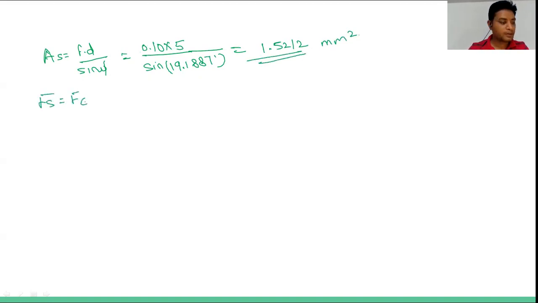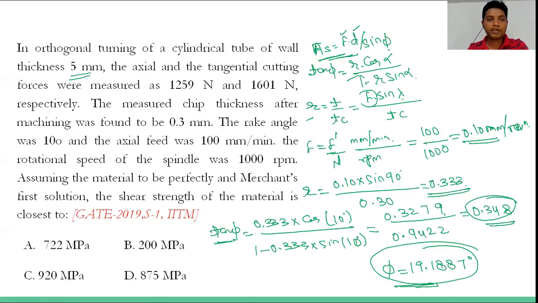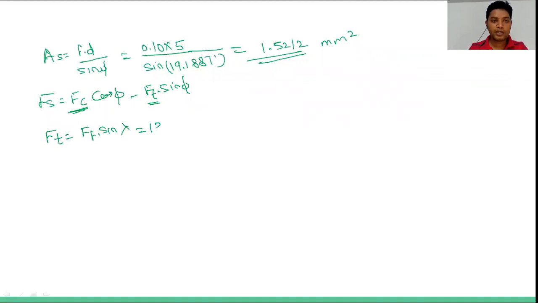Okay, now Fs will be equals to Fc cos phi minus Ft sin phi। ठीक है, phi we have already calculated, Fc that will be equals to Fz, Ft is required, so Ft will be equals to Ff, that is feed force into sin lambda। Okay, so feed force is how much, that is feed force is 1259 newton। Okay, that is axial feed, 1259 newton into sin lambda, lambda is how much, that is 90 degree। Okay, so sin 90, and that will be equals to 1259 newton।